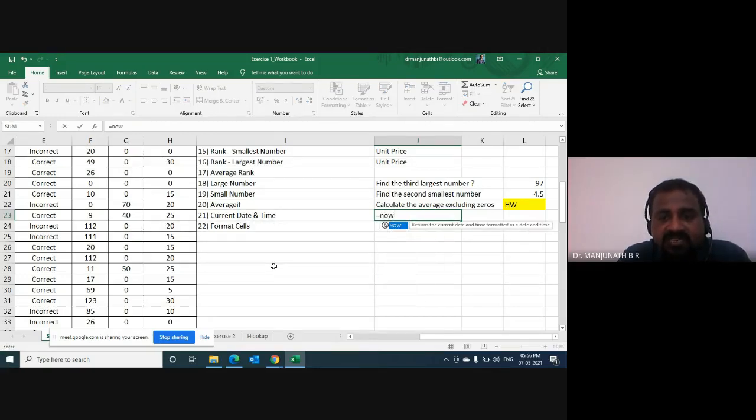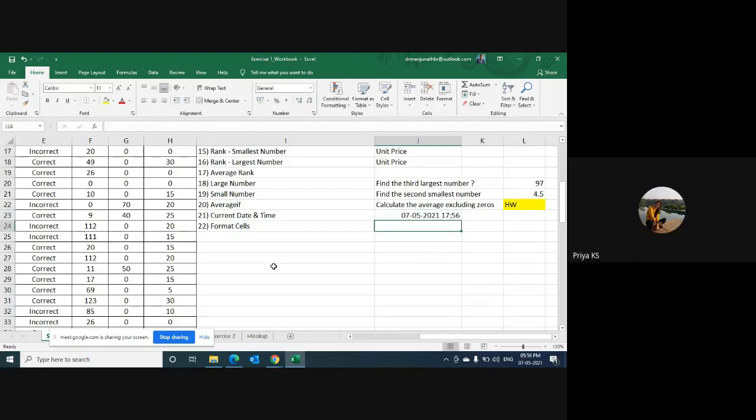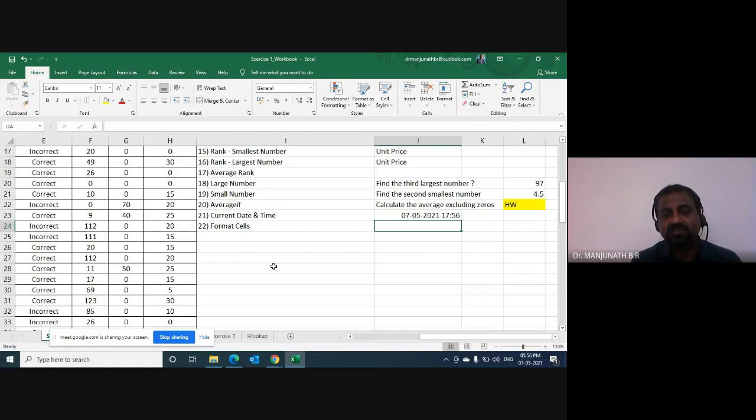Open the bracket, close the bracket, and hit enter, and you will get the date and time of now. Is it working? Yes, sir. Thank you. It says 7/5/2021 and 17:56 as the time.